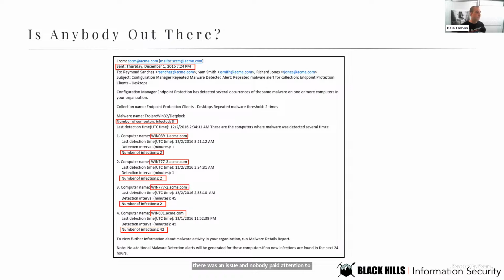So if you're noticing the pattern here, most of these emails were after hours, when no one was online paying attention to them. The ones that were during business hours were either not seen because everyone was busy. If you recall, Raymond, who was responsible for security, was also senior admin, and security was just something he was told to do off the side of his desk. So a lot of these emails were also just flat out ignored, right? Remember the Outlook rule, where these emails were just pushed off into another folder, so that people's inboxes didn't blow up on them.